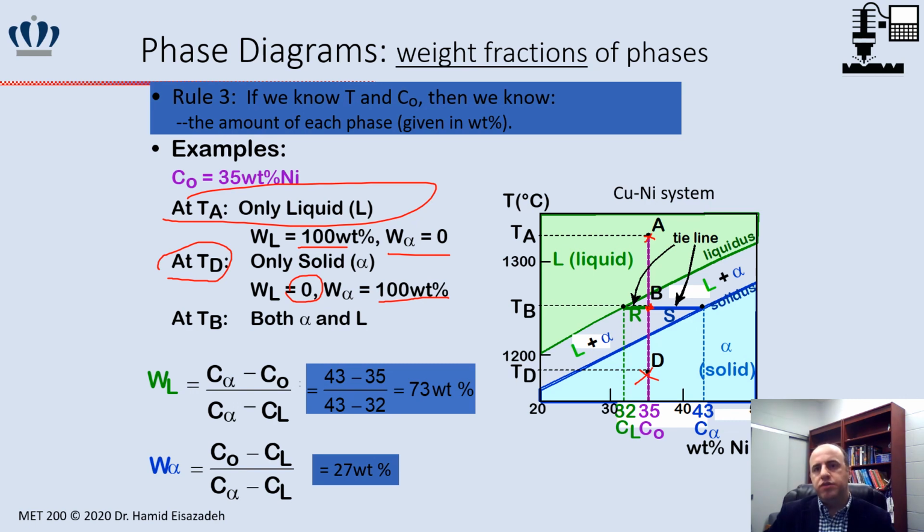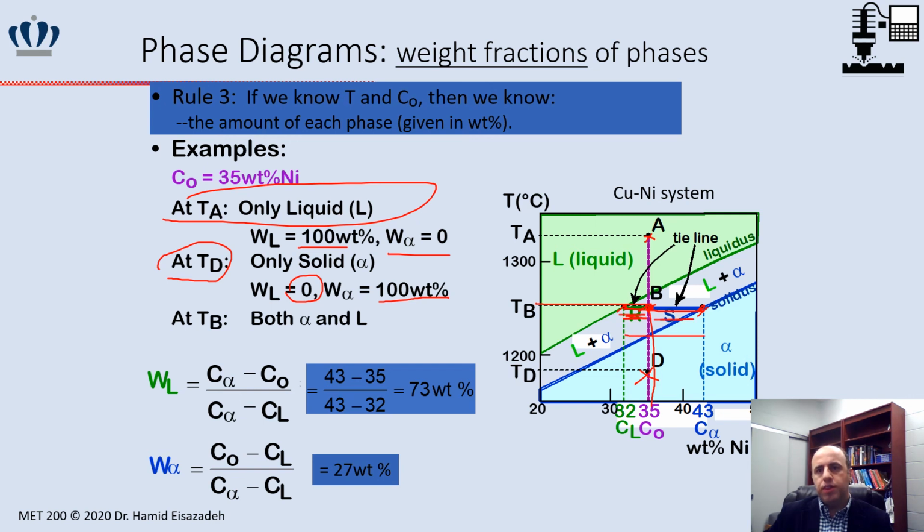They told us at this temperature and this composition, find out how much solid phase and how much liquid phase we have at that point. So we have to use a tie line. We draw a horizontal line to cross the liquidus line and the solidus line, and we have to measure these two lengths here,